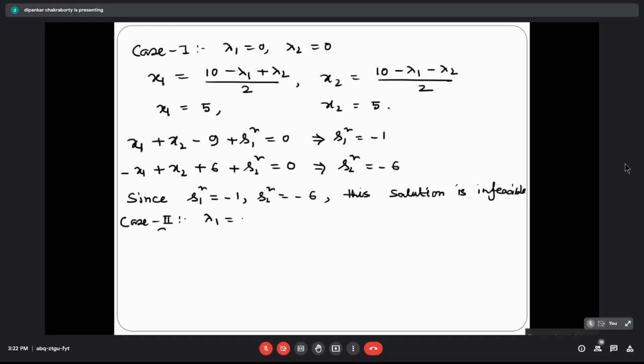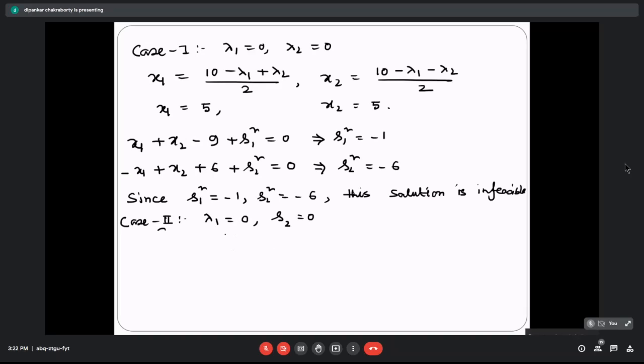So next I'm going to take lambda 1 = 0 and s2 = 0, because if you take s1 = 0 as well, the problem will occur here: one variable is going to be removed and one equation is going to remain untouched. Obviously it is not going to help you in solving the system of linear equations, and ultimately our purpose is to solve that, right? So that's why we take one variable from lambda 1, s1 equal to 0 and one from lambda 2, s2 equal to 0, so that we are able to solve the system of linear equations.